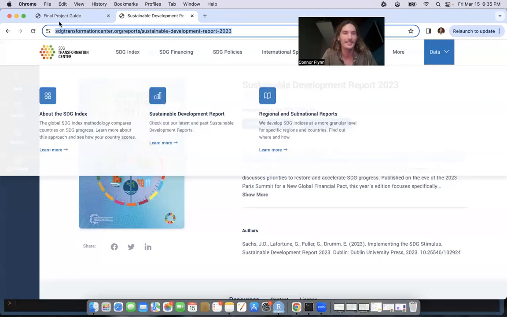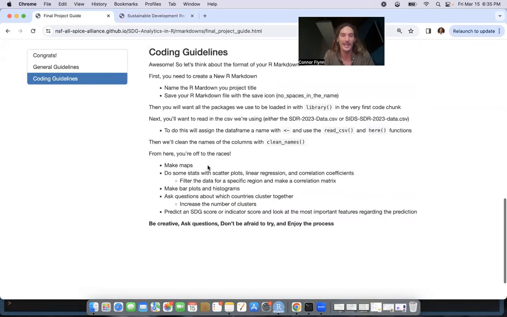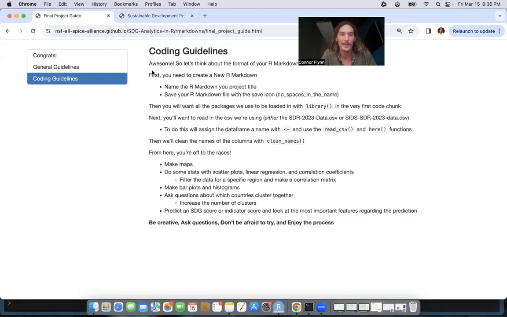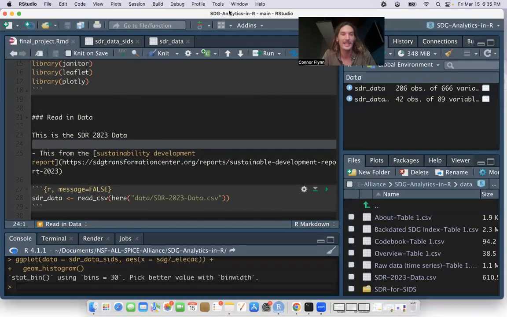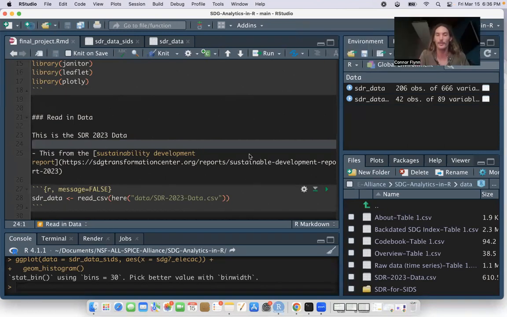Fantastic. So that is everything from our final project guide. I showed you how to write this code, how to make a new R Markdown. If we go into RStudio one last time, the way you would submit this, right, is going to the Git pane and pushing. And that would be your final code submission. And then once you push that code, if you wanted to share screen with Zoom, I just open up a new meeting on Zoom. So open up the Zoom app, open up a new meeting,